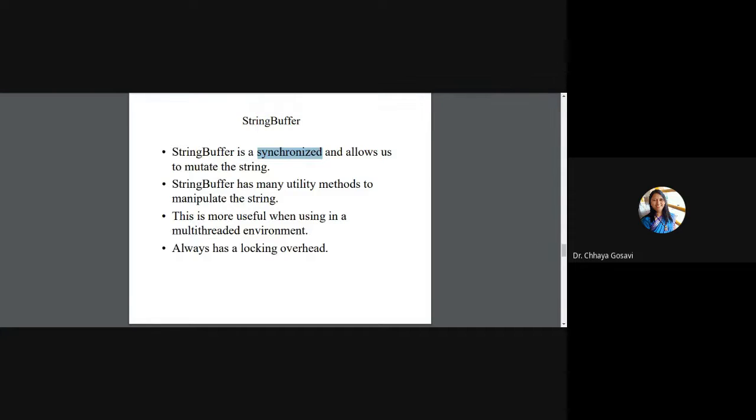Multiple threads or multiple parallel executions are possible at the same time. So to make this transaction synchronous, StringBuffer is mainly used for synchronous transactions. StringBuffer has many utility methods to manipulate the string, and it is mainly useful in a multi-threaded environment.